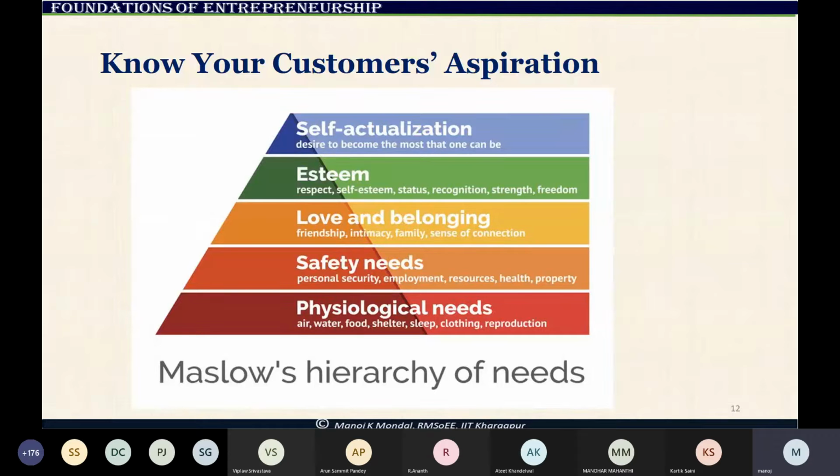Suppose you are thinking of a group of people who are in the clerical cadre, meaning their income will be something like 30 to 40 to 50,000 rupees a month. So they will be looking, suppose you are a tour operator, maybe an innovative tour operator. There are many IIT students who are toying with this idea of making a tour operator, giving customers a wonderful experience, meaning they want to take people to different places, maybe exotic places, and then give them the hands-on experience of some kind of